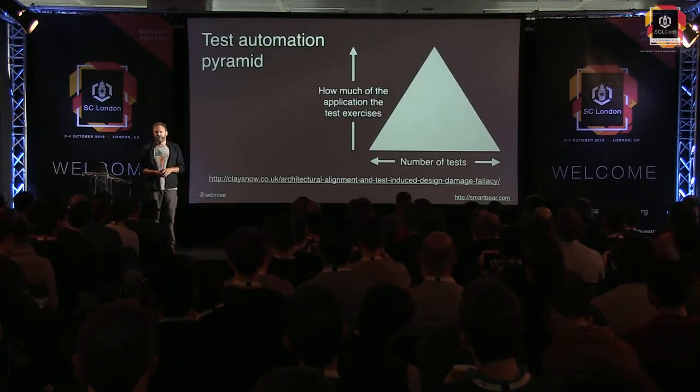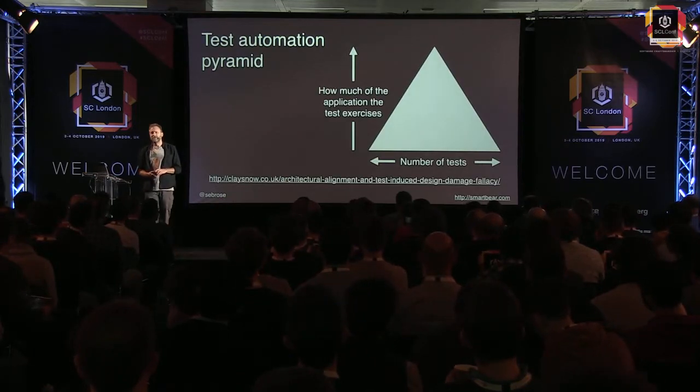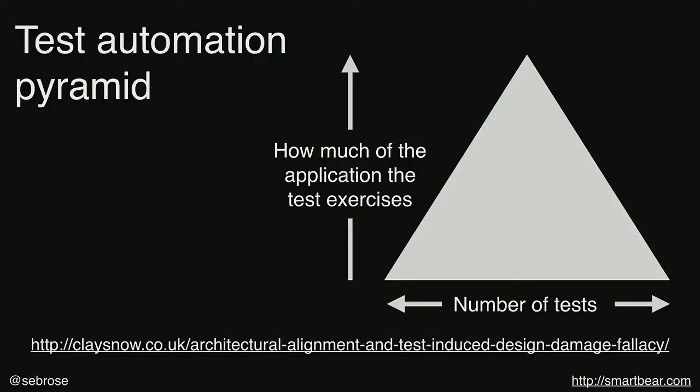This is the test automation pyramid the way I like to draw it. This is not the way you will typically see it. It's not the way it was presented by Daniel yesterday. I don't like writing words in the middle of it because as soon as you write words like unit test into a diagram, people ask you what's a unit test. And then you find out that nobody really knows what a unit test is. Same goes for integration tests. About the only test that you can pretty much define, you can be absolutely specific about, is an end-to-end test.